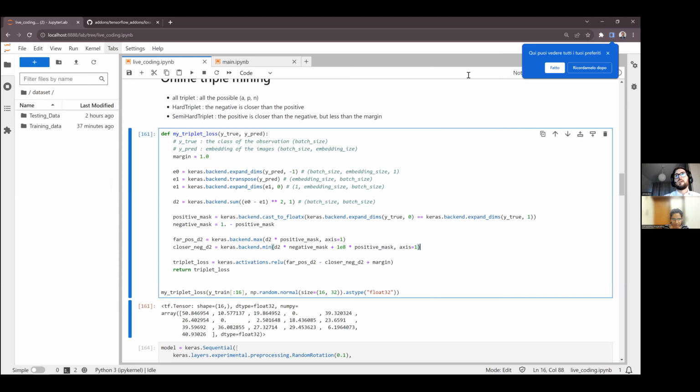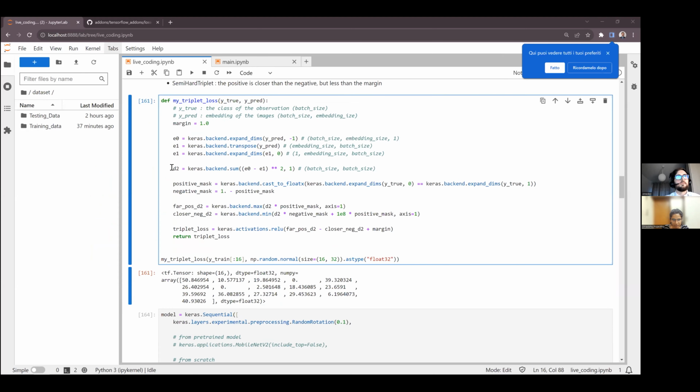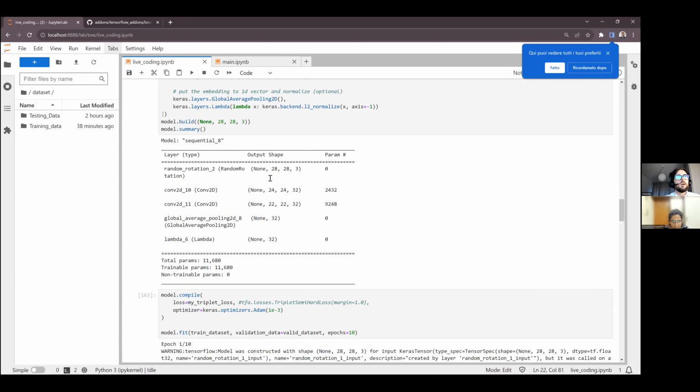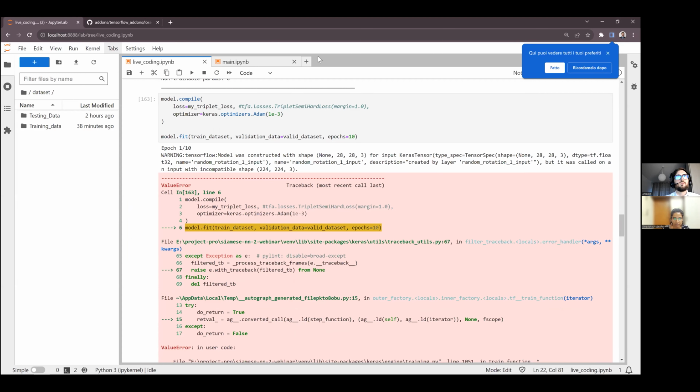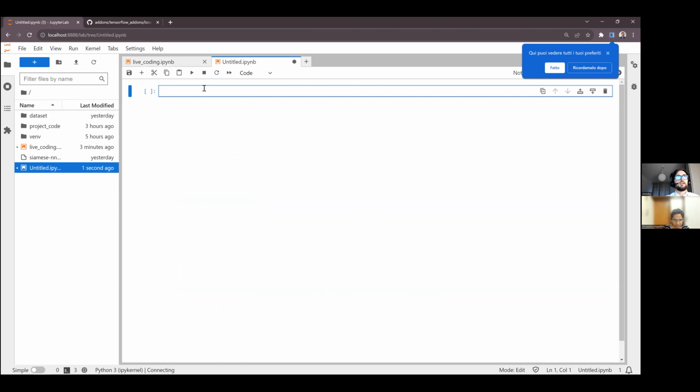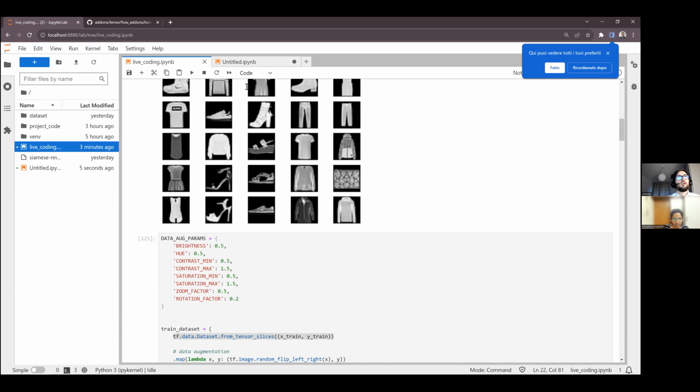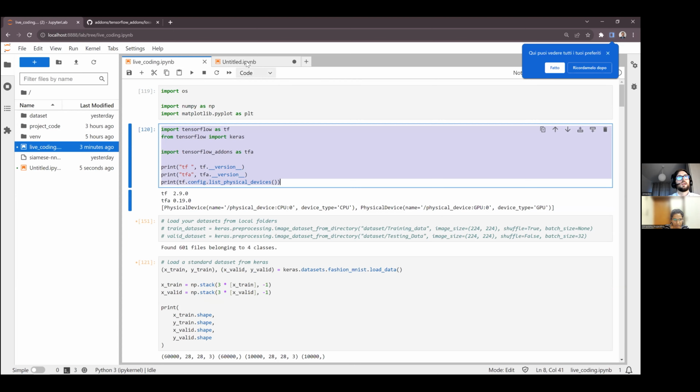For example, on the triplet loss, maybe I will go on my own in another moment to reason about how to implement it correctly. But let's say I open another notebook for a moment to show how we can define the network. Let's say I import all the libraries like that, okay?